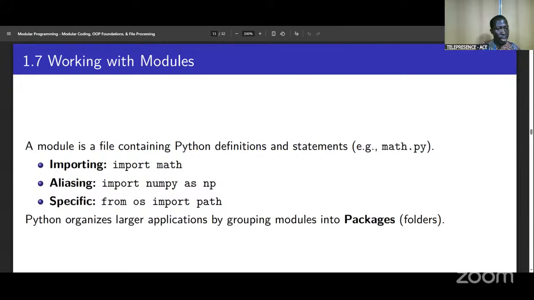So working now with modules. So what is a module? A module is a file containing Python definitions and statements. So for example, maths.py. So we import them, like math is a module that you can import when we are to do some mathematical